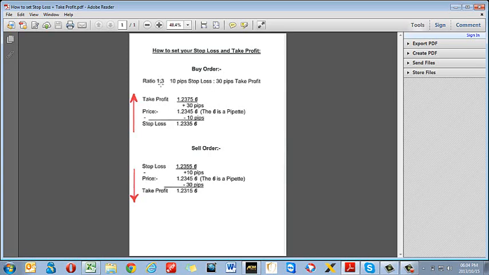I'm using a ratio of 1:3, and this is just as an example. You can use whatever ratio you feel comfortable with. Remember, this is your account. This is your own little business. You make the final decision. But for this exercise, I'm using 1:3. In other words, that means I'm prepared to lose 10 pips, but I want to gain 30 pips